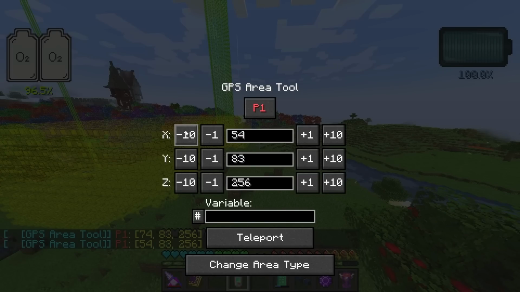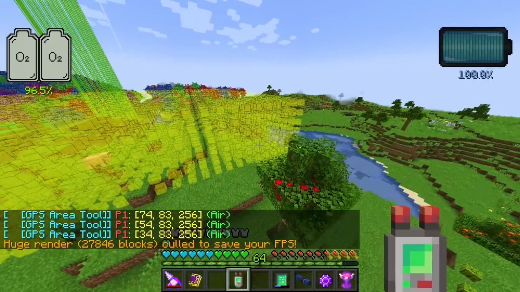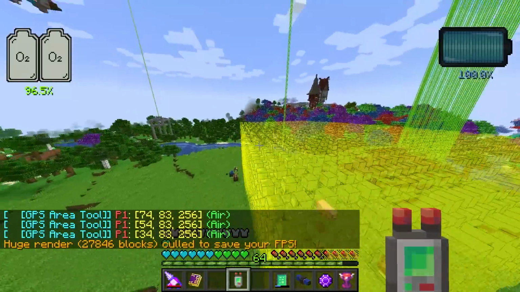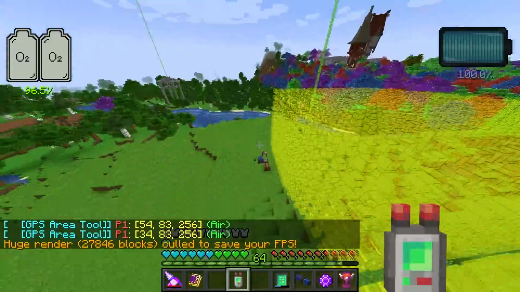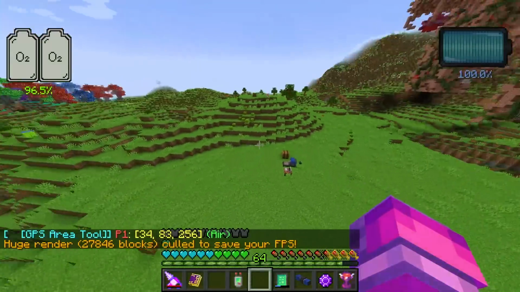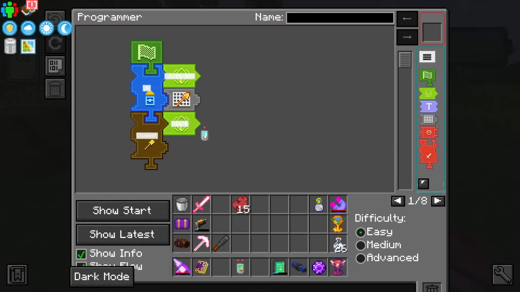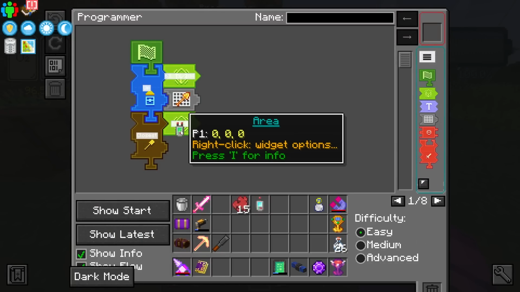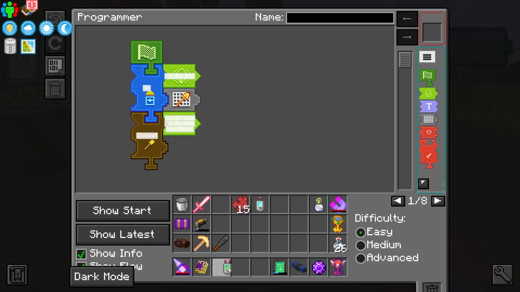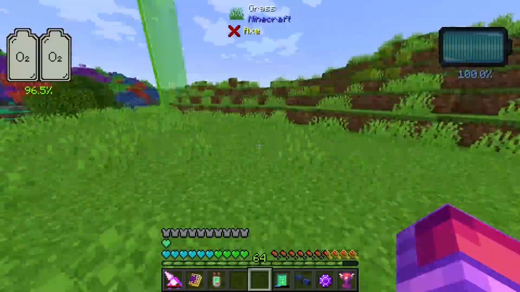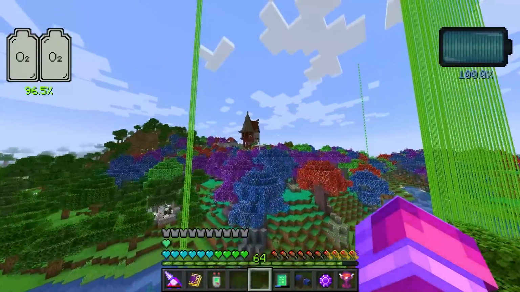Let's give it a little bit more. There we go. And you can see we've now encompassed the entire area. Perfect. Exactly what I want. Okay. So area selected. A pretty big area, I would say. And then we are going to take that, and this is going to be the area that is going to be dug up. That's a pretty simple program, right? Let's hop over here